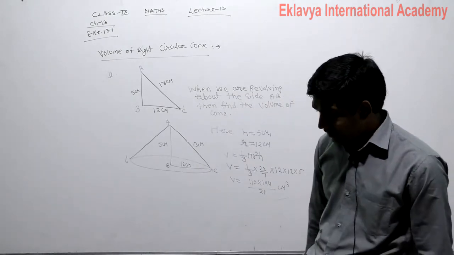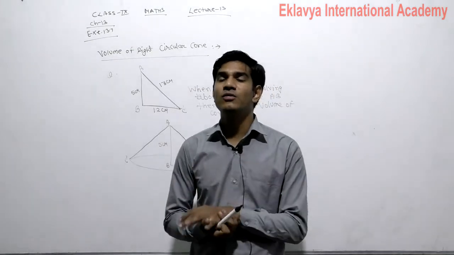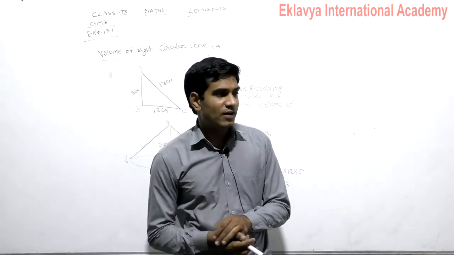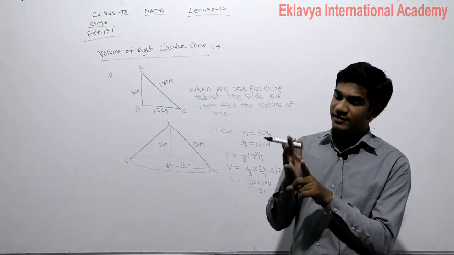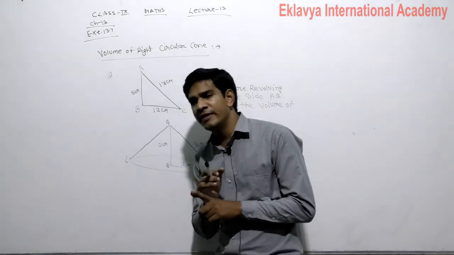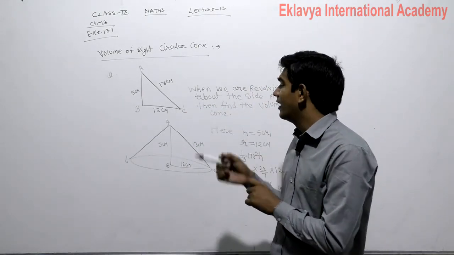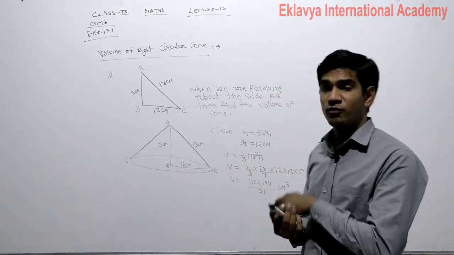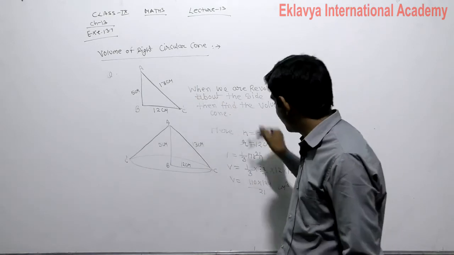Okay, understand? So right angle triangle को आप किसी भी साइड के अलोंग रिवॉल्व कर रहे हो, then we are forming a cone. Then we can easily find out the total surface area of the cone also, the curved surface area of the cone also, and the volume of the cone also. Question स्टूडेंट इसमें ये भी हो सकता है. First question is complete.